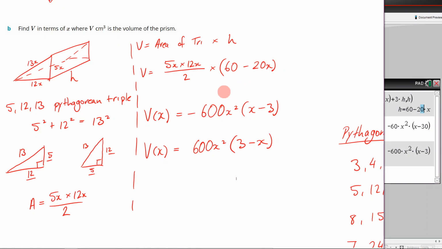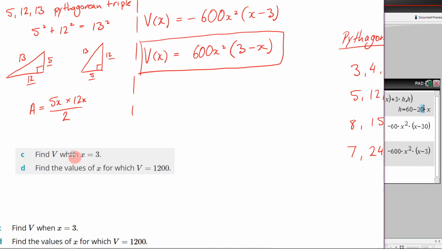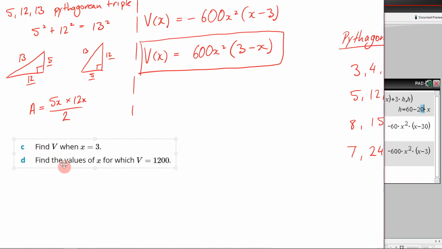All right, so we now have, that's what this question wanted. It wanted us to get the volume in terms of x, and there it is. We have found the volume in terms of x for that. Perfect, and that's all the hard parts of this question done. The rest of this question is nice and straightforward. It's just find v when x is 3, find the values of x for which v is equal to 1200,